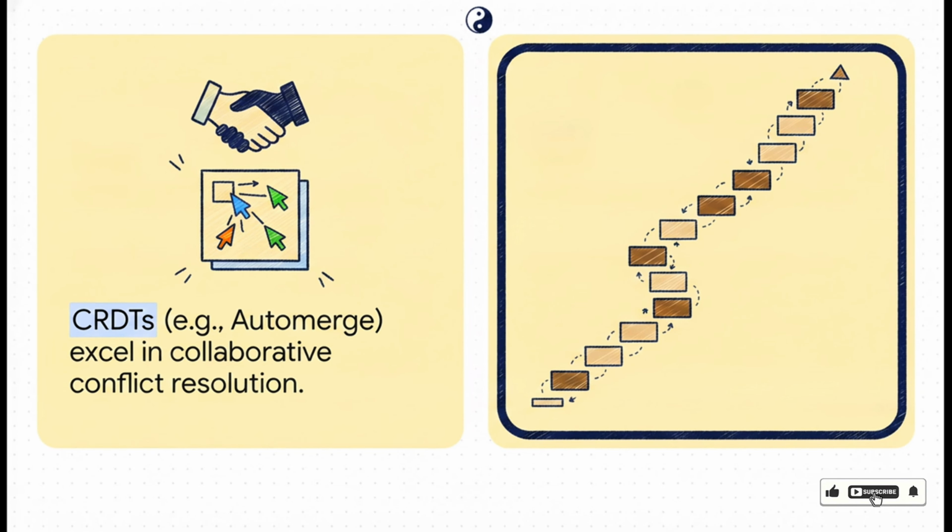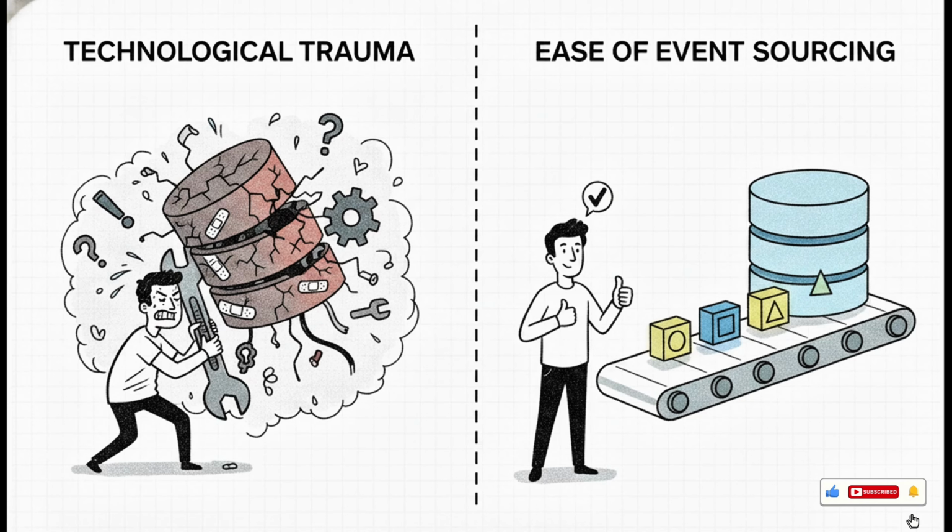Now, Johannes Schickling actually chose event sourcing for his projects for a pretty revealing reason. He joked in his interview about having what he called technological trauma from his days building Prisma, specifically when it came to database migrations. Evolving database schemas over time is notoriously painful for developers. By utilizing client-side event sourcing, Johannes realized he could bypass a ton of this pain. You aren't constantly rewriting the schema. You're just appending new events to the log.